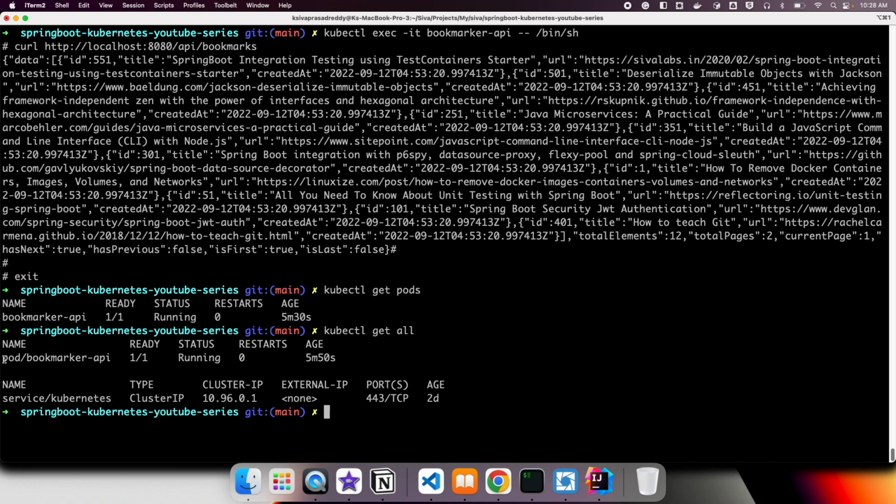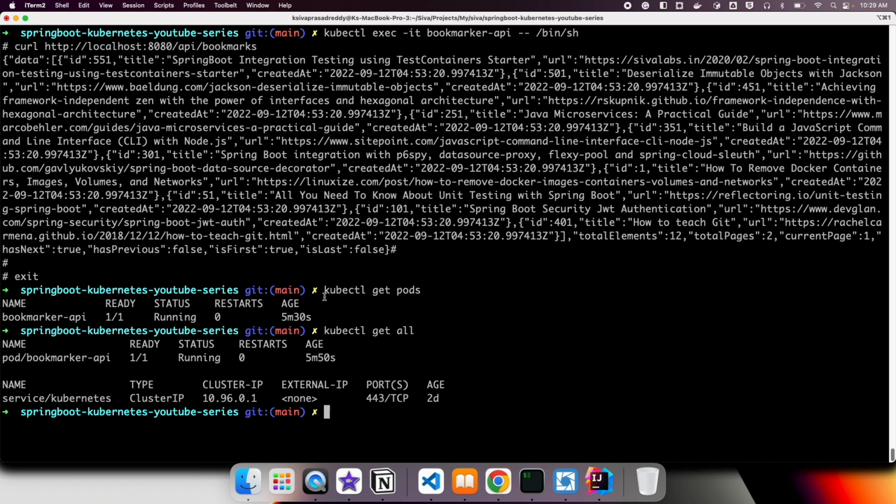That's why it is displaying only our pod and also the default Kubernetes service information only. But if you have more deployments and replica sets, it will also display all of that information as well. So it's a very handy command to see what is being run in our cluster. So far we have seen how to run a pod using ad hoc command, and then we have checked the